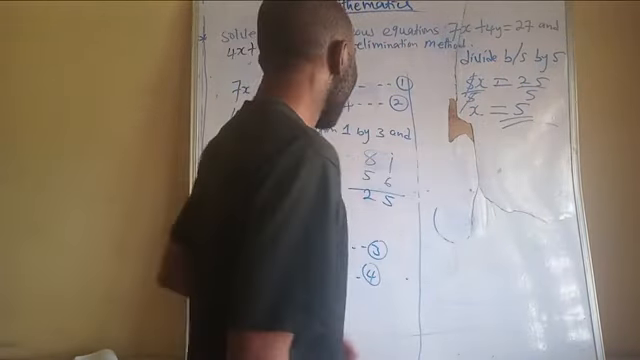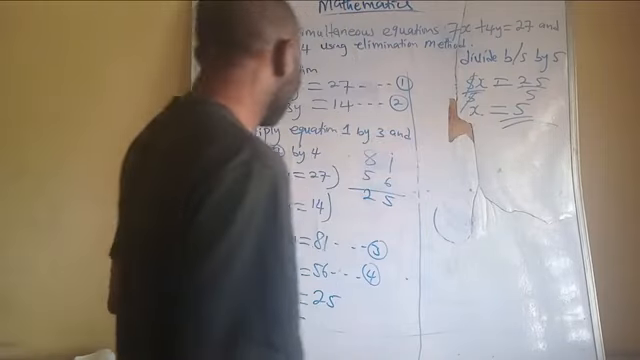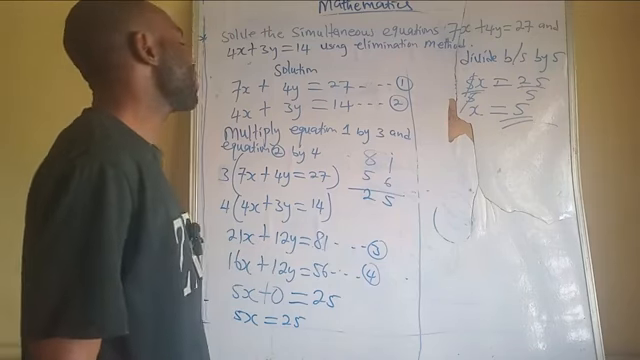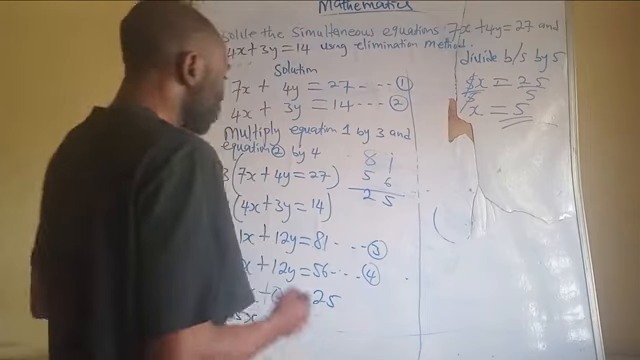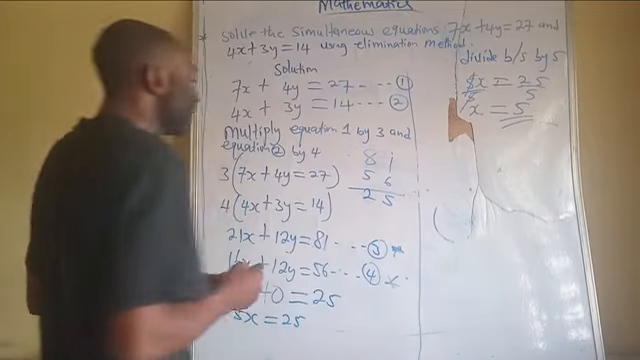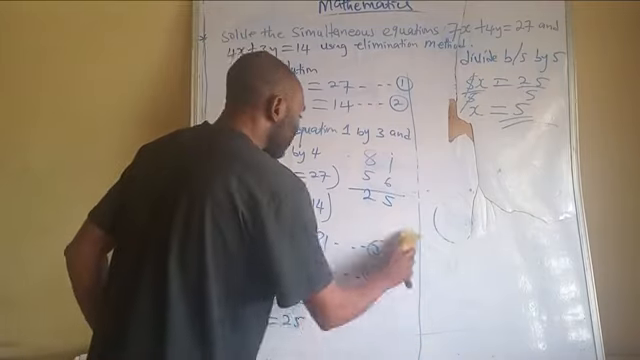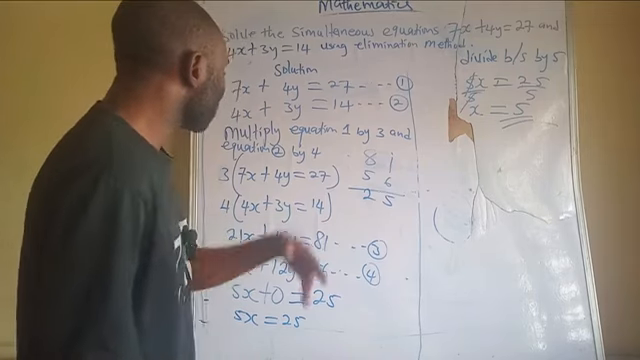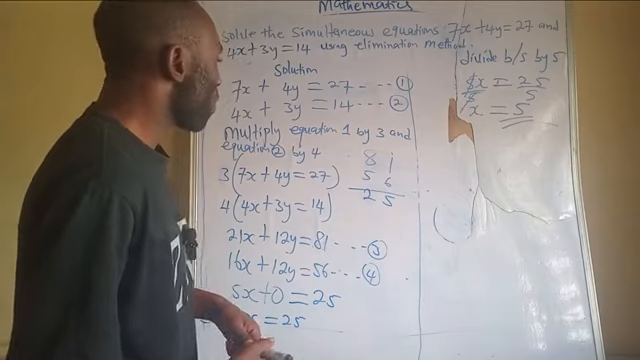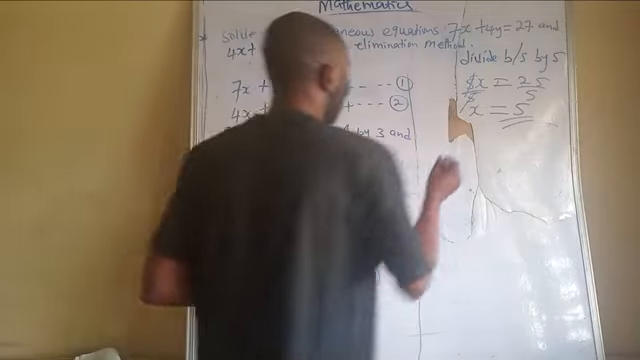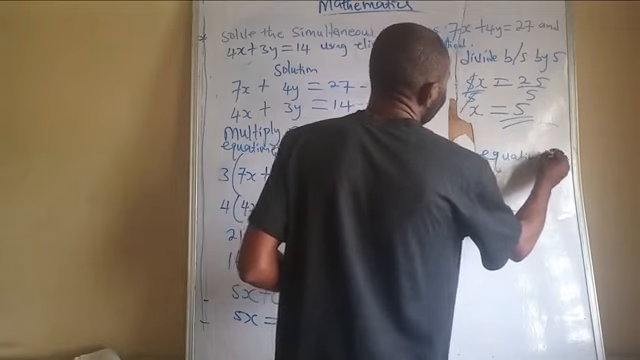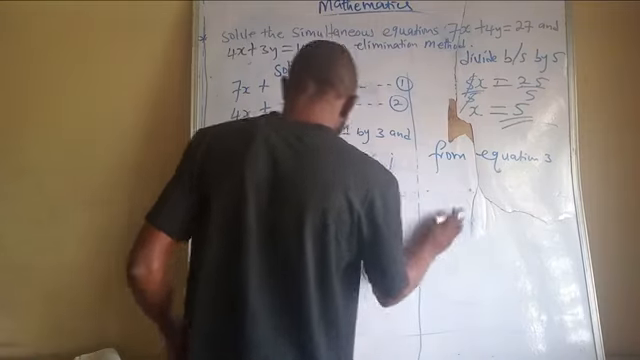Since we have known the value of x, we can choose to substitute it in any of the equations to be able to get the value of y. You can choose equation 3 to substitute the value of x. You can choose this equation here, you can still get the same answer. So let's choose equation 3 and substitute the value of x. So from equation 3, and this is our equation 3,